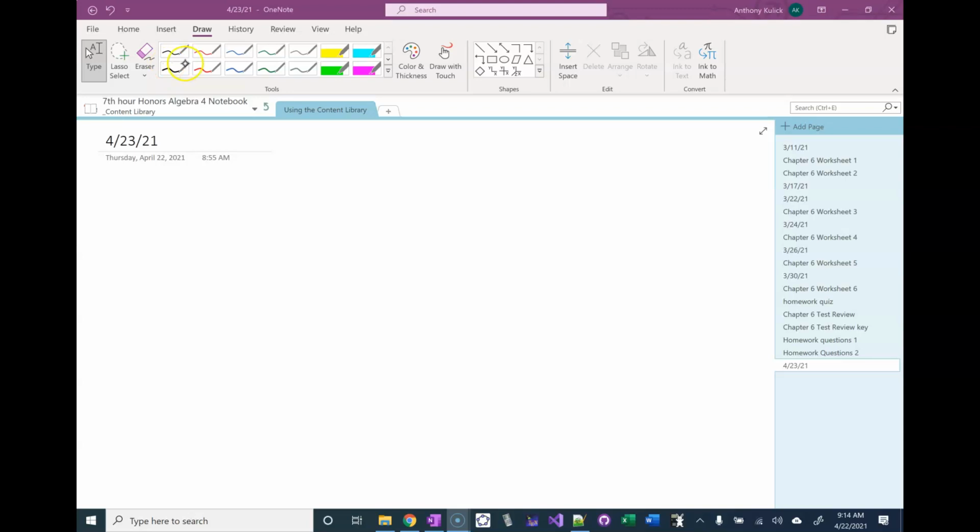This is going to be the start of our chapter 7, which is about exponential and logarithmic functions. So the first half of this chapter, we're going to talk about exponential functions. So an exponential function